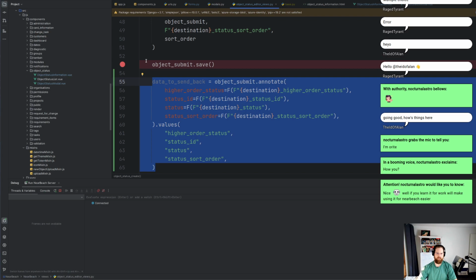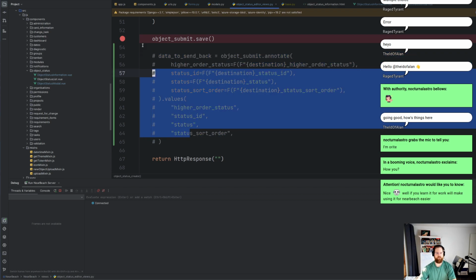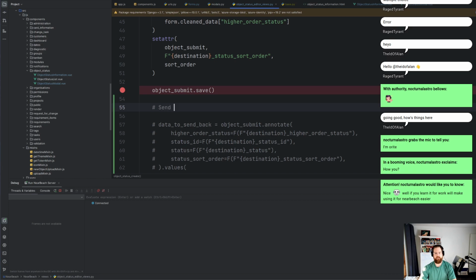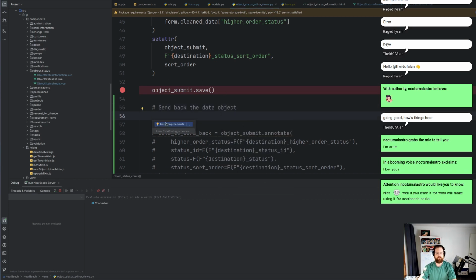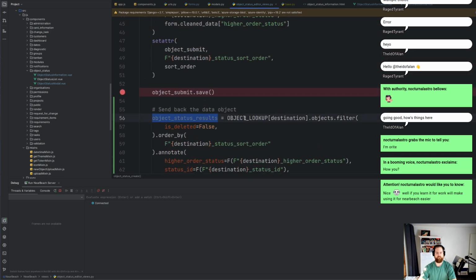What I'm trying to limit is the amount of database calls. But I think it's just going to be 10 times easier if we send back the data object. And then we paste this in. So we've got the objects as results, object lookup, destination, object filter. In this sort of case, this is going to be the